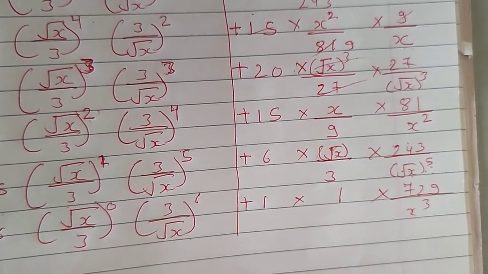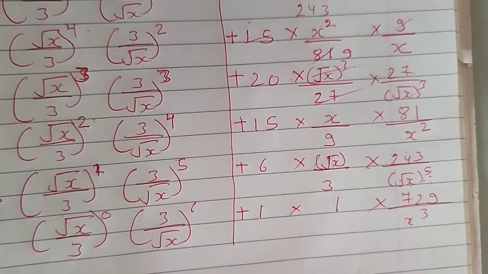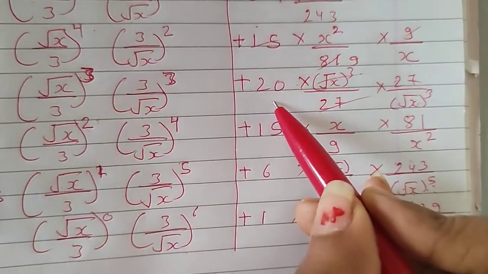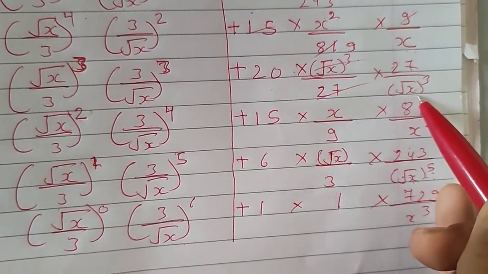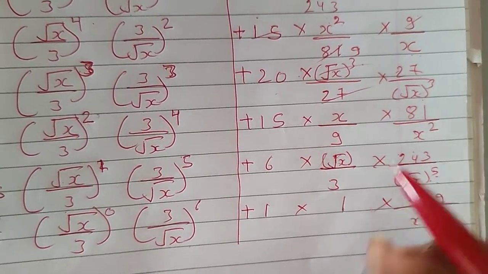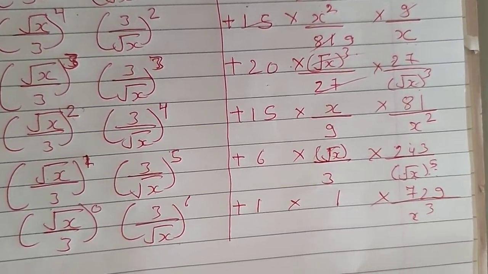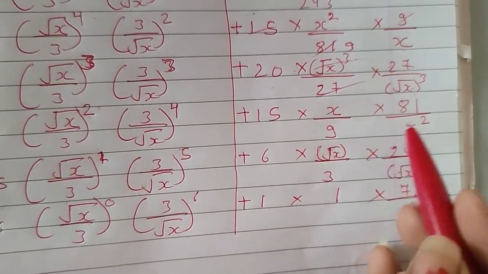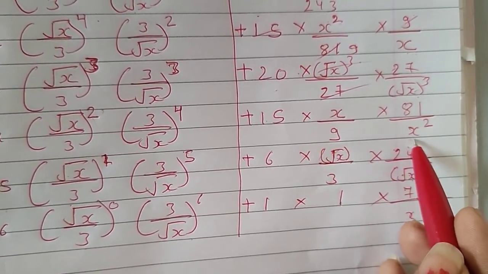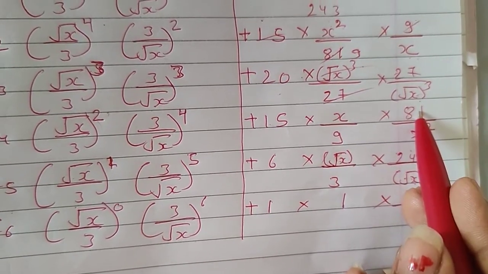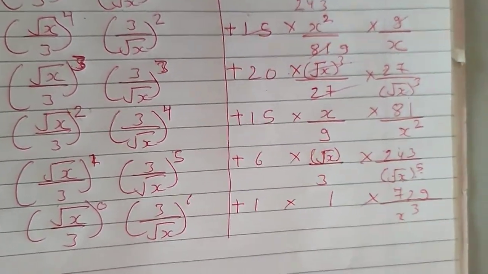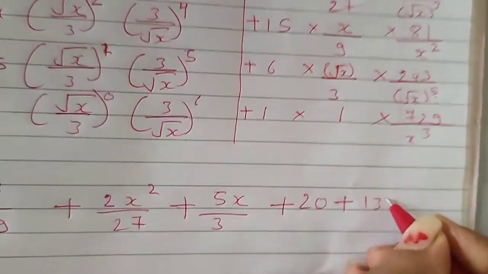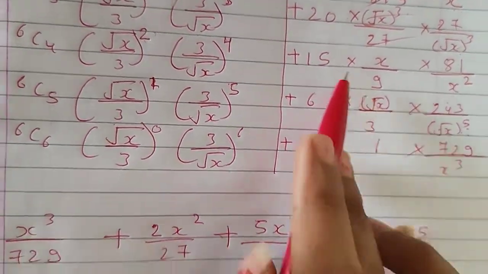So here it will come 5x upon, in denominator it will come 3 plus 20. Now root x cube will get cancelled, 27 will get cancelled. So here only 20 will come. Then 15. Now here 1x and 1x will get cancelled, so only x will remain, and 9 is 81. So 15 into 9, that will give you 135 upon x